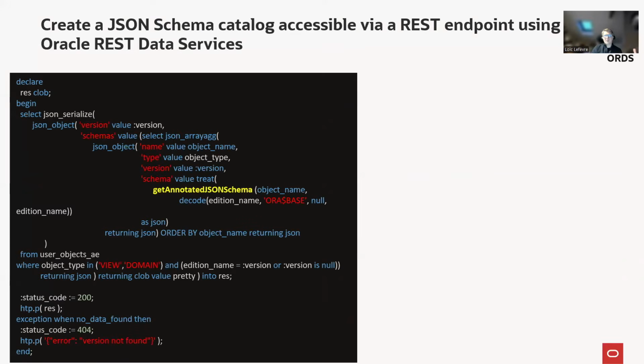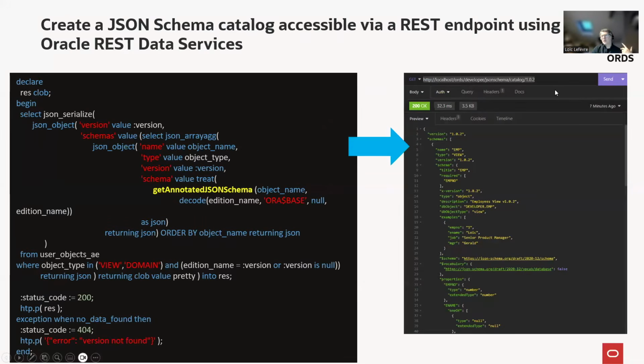What else? Well, you can create a lot of things. Like here, just these few rows help me create REST data services where I can expose all of the JSON schemas that I have inside one table or inside the dictionary through a REST API.